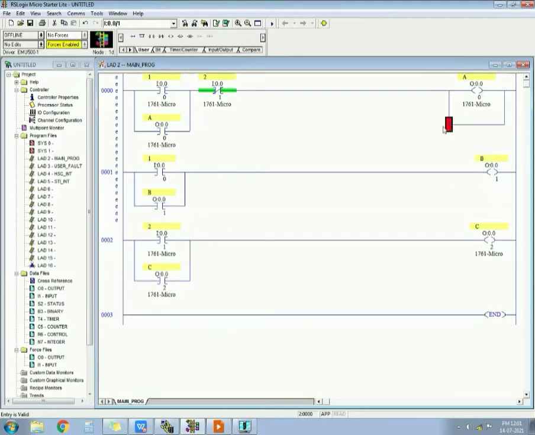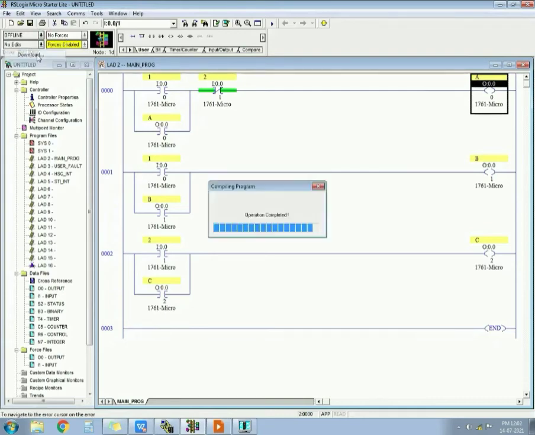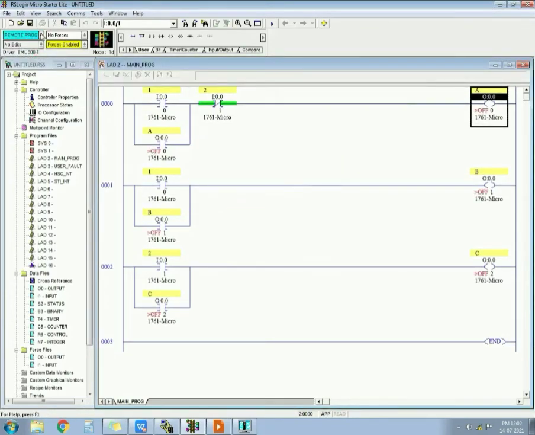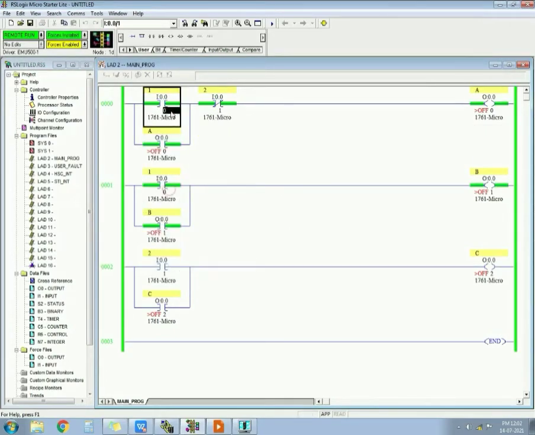So I will remove this thing. Now this and this are both the same push button, but one is latching output A separately and the other is latching output B separately. So I have separated these two circuits. Now when I press the second push button, it will switch off output A. See, when first push button is pressed, both are on.